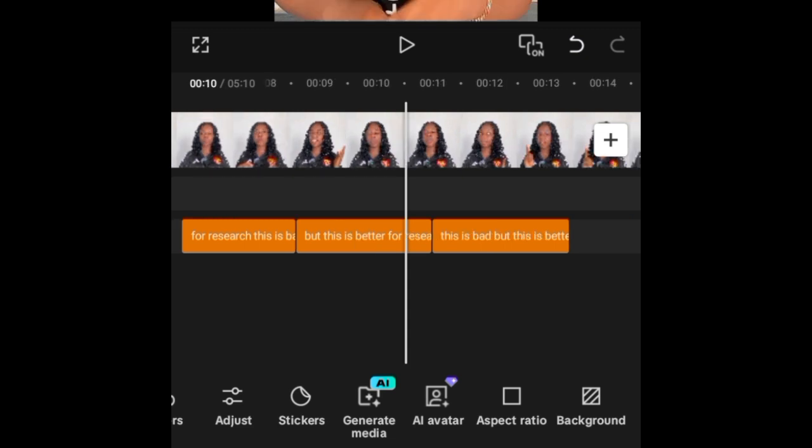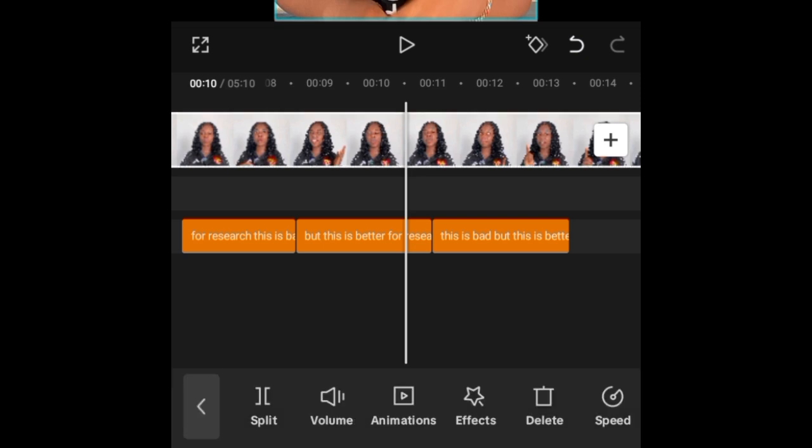Now pay close attention. This is just a method. Maybe your video is flawless, maybe there is no problem at all. But if there is a problem, maybe in your video there are certain parts you need to split and cut out, make sure the first thing you do is to cut out those unwanted parts and delete them, which I know you are much aware of. But if you need a full editing tutorial,